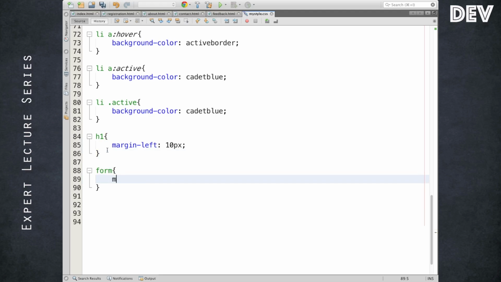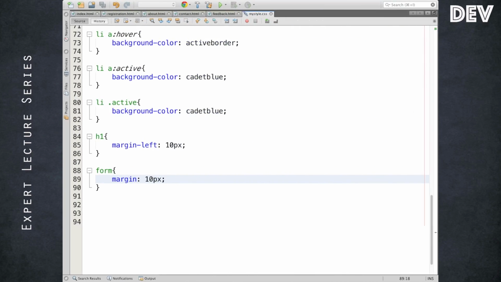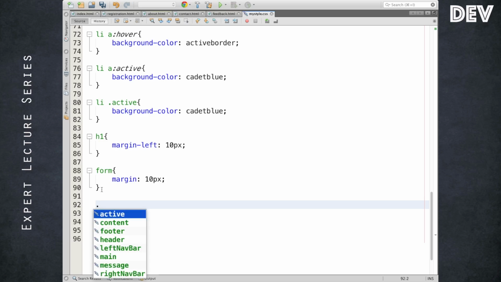For the form, I'm going to give a default margin, maybe 10 pixels. So by default the form will have some margin added. Okay, I also want to make the input field bigger. It's smaller, right? So instead of that, I'm going to give a class selector with some meaningful name.